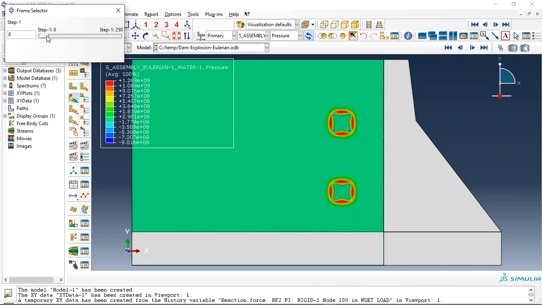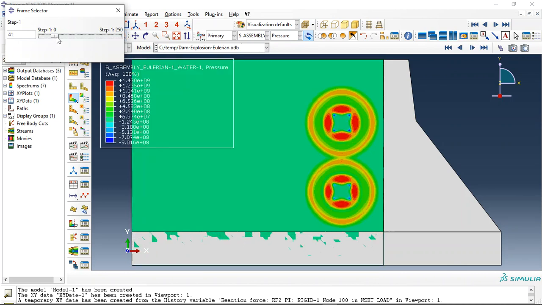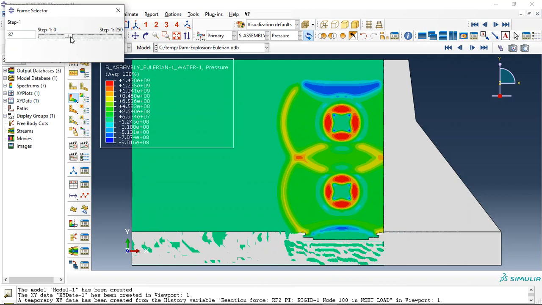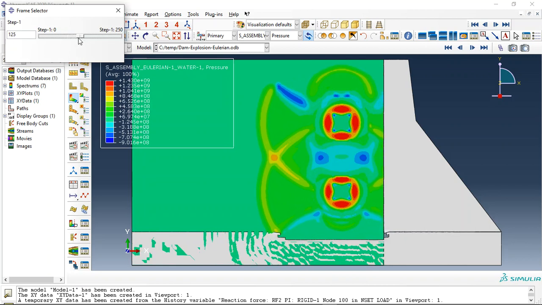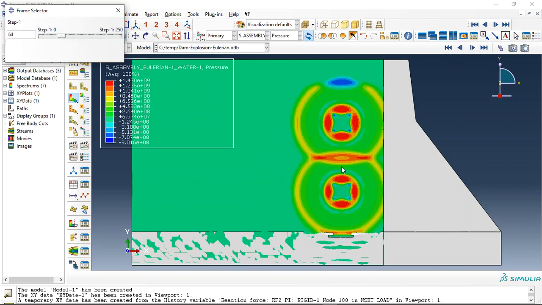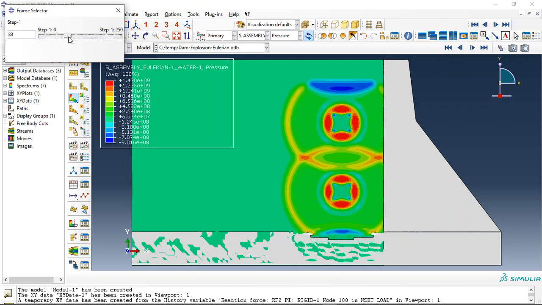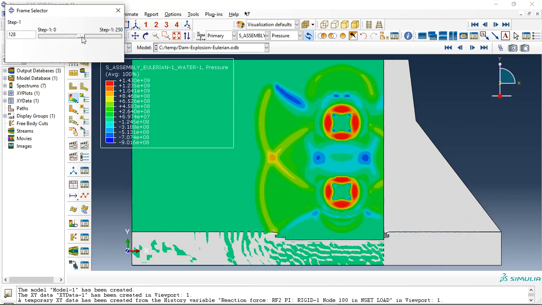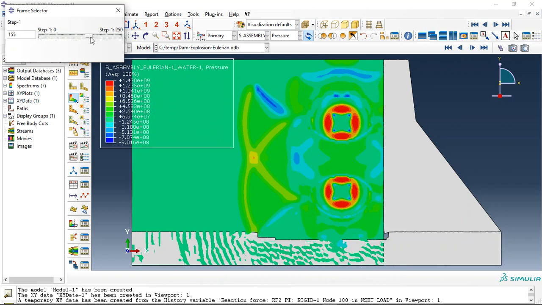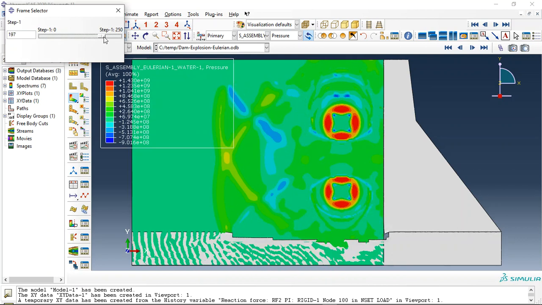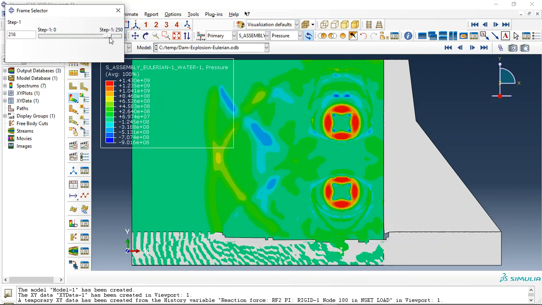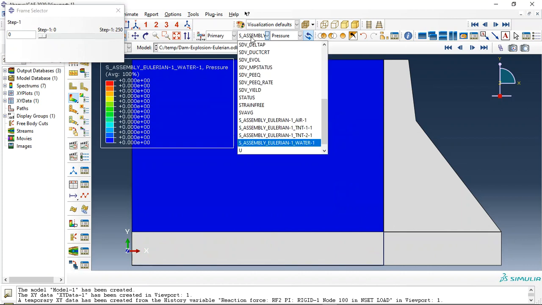Let me now check the pressure again in the water. See, this is the pressure in the water. And you can see the collision here of two waves, and we don't have anything here because both waves arrive together and they have different directions, but here they have the same direction. Okay, we can check